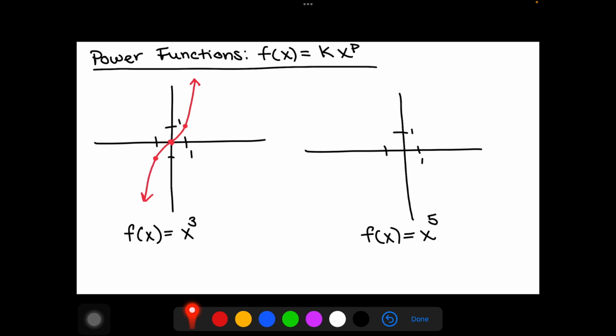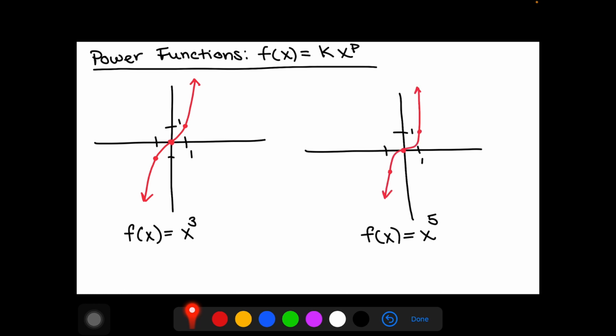Y equals x to the third is also a power function. This is one of our toolkit functions. Goes through the origin, (1, 1), (-1, -1). Y equals x to the third has a graph where the right side goes up and the left side goes down. If you graph a function like y equals x to the fifth, or something with an odd power, the